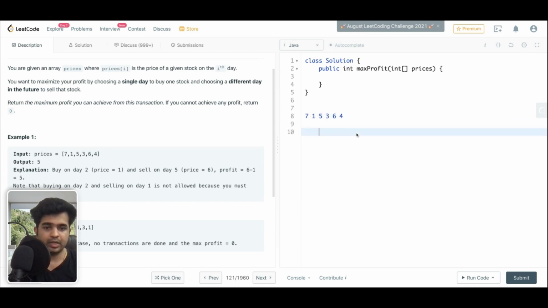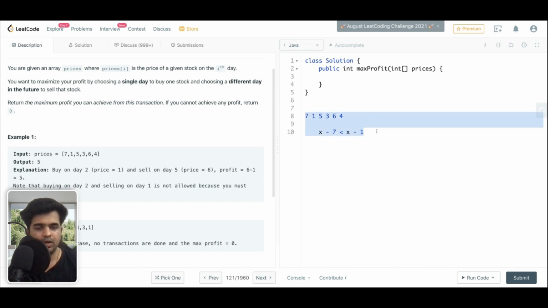And we do that because x minus 7 will always be less than x minus 1, where x is any number to the right-hand side, the number for which we are going to sell the stock. Because of this property, there is no point in using 7 and calculating everything to the right. We can just move to 1 and start calculating. That is why we can do it in a single loop. We just need to check this condition.